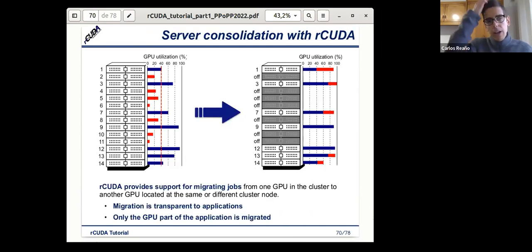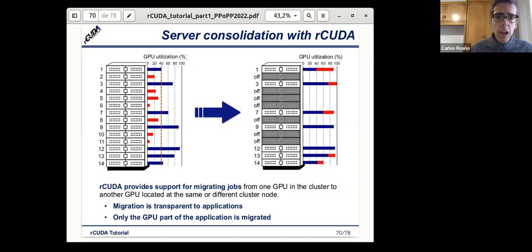Okay, another way in which we can enhance our cluster by using rCUDA is server consolidation. Let's assume that we have 14 nodes in one cluster, on the left side of the slide, and we see that each node has a different amount of GPU utilization.